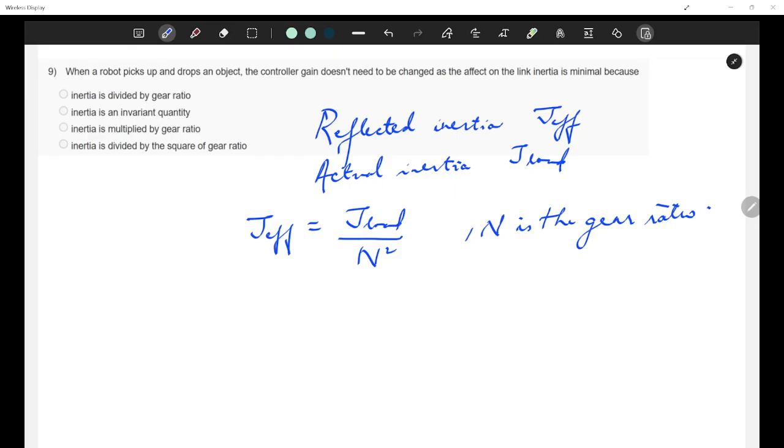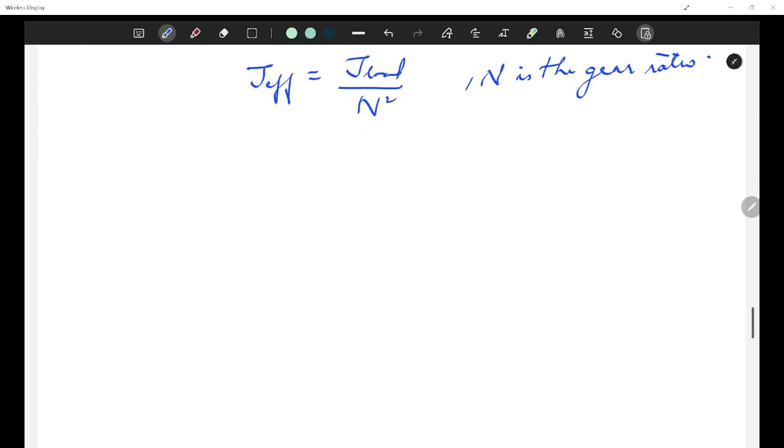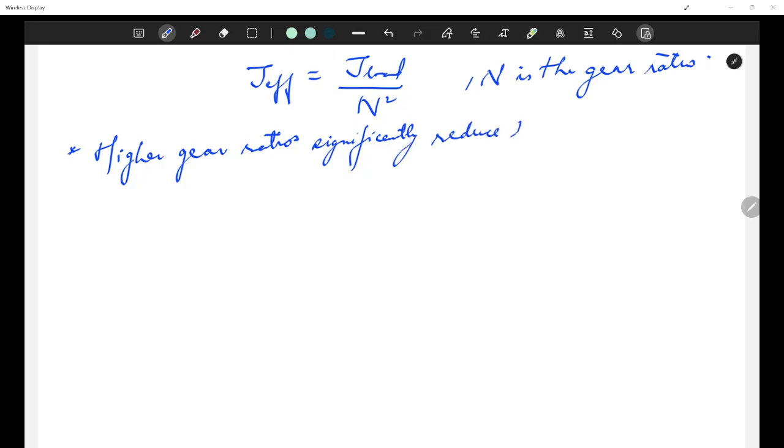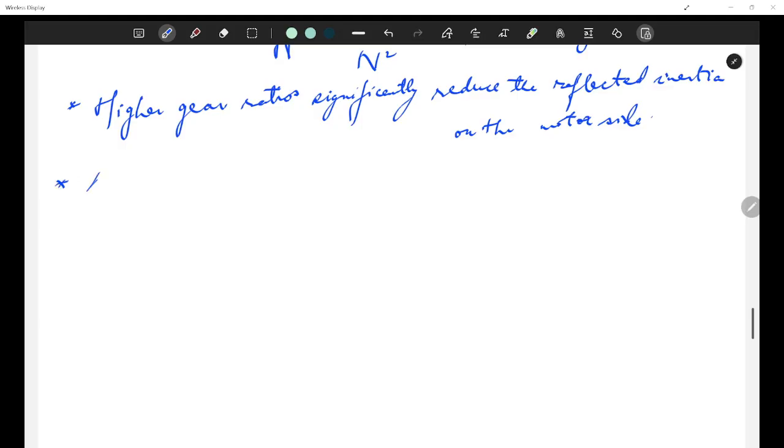What does this mean? This means that higher gear ratios significantly reduce the reflected inertia on the motor side.